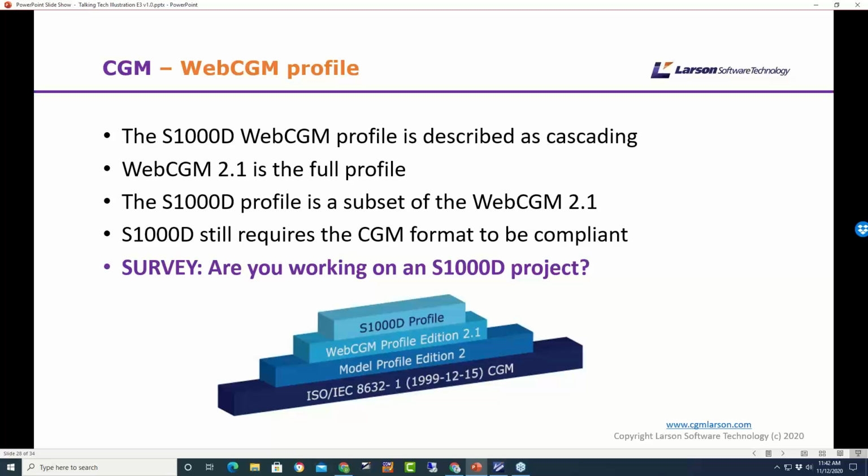So the profile that you would use is the web CGM profile. That is described within the spec, and it's laid on top of the ISO standard for CGM. So you call it really a layered profile. So we've got one on top of the other. So you can see probably from there the amount of work that's gone into actually the profile from an outside community, like volunteer basis.